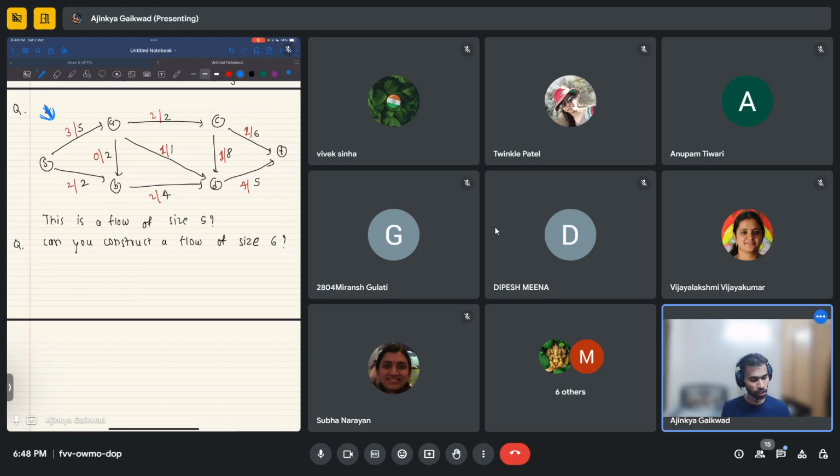So, if you see, this is not an algorithms course, but the way you construct a maximum matching in a graph G is to find an augmenting path again and again until you get a maximum matching. You construct a matching, you find the augmenting path, you increase the size of the matching, again you calculate the augmenting path, again you increase the size of the matching, until you reach the point where you have a maximum matching. The same thing will happen here, as you will see in the coming classes,